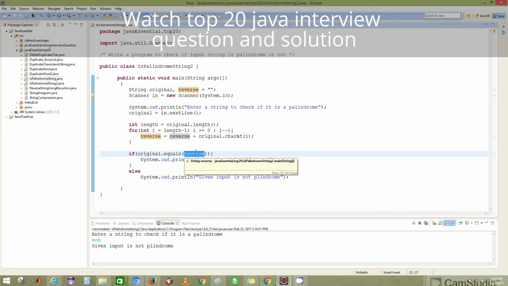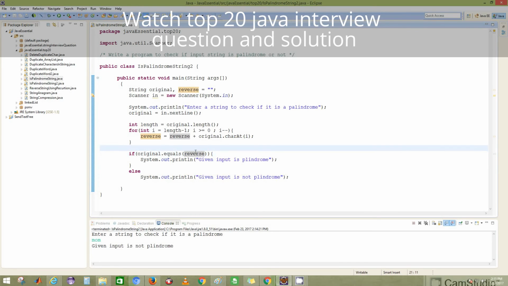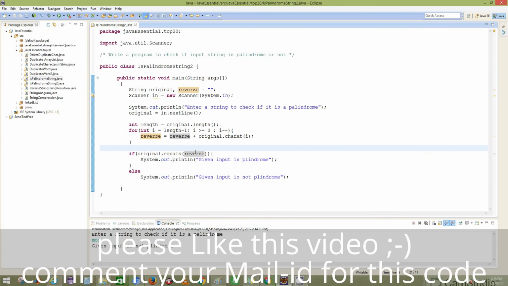Okay guys, so there is nothing wrong in this code. This code is really good for college students, or for those who want to write this code in a school examination. But is it really feasible and efficient for a programmer? Definitely there is some better way to do that, because what we are doing here is, whatever our original string is, we don't care about it. We are just reversing that string without thinking about anything else. For a developer, I will show you some other way to do that.